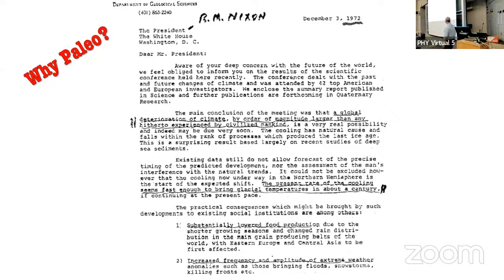So first of all, substantially lowered food production and increased frequency and magnitude of extreme events. Does this sound familiar? I think that's a lesson for us, right? Okay, well, how do you convince the president to actually do something about this, though? It's going to cost money. That's a reason not to do anything, but you're saying these damages would cost money. Yeah. But that would happen after his administration, so.